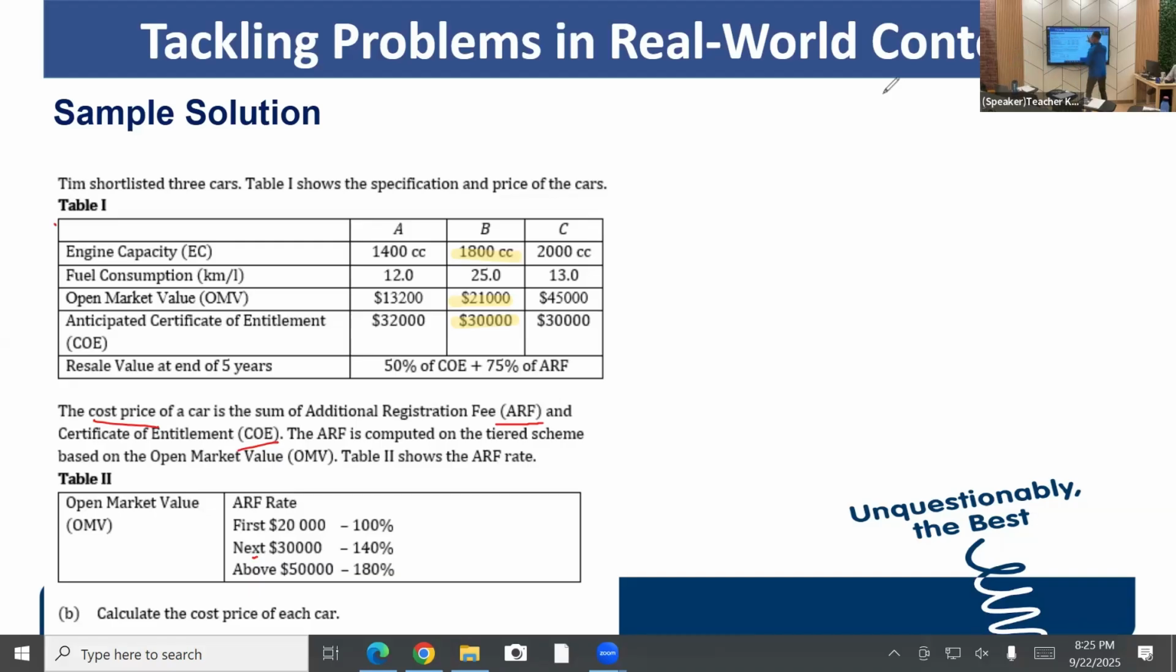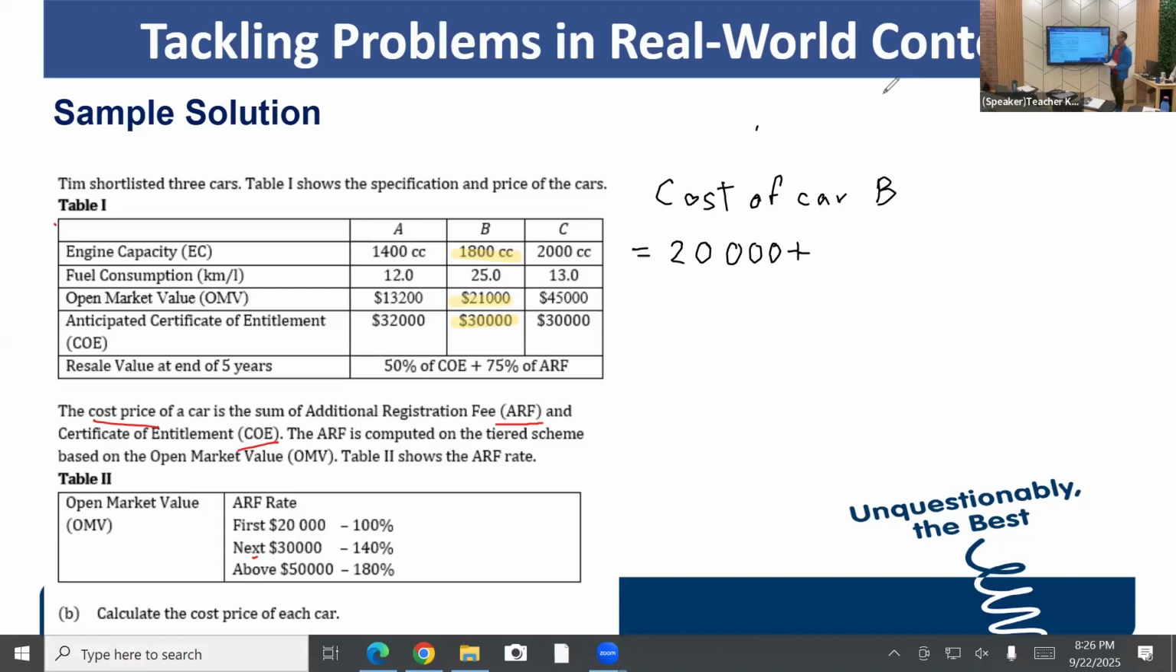Okay, before I go into the working for all the questions here, maybe I'll just show you how we can work on this one. First thing is that, of course, you have to write cost of car B. First of all, you are told that the ARF is calculated based on this, right? And the first 20,000 will be 100%. That means you will first need to consider the 20,000. Then after that, I will have to add another: the next 30,000 is 140%, right? But for this car B, what is the value here? The OMV is 21,000, which means I have just this one extra 1,000 that needs to be calculated